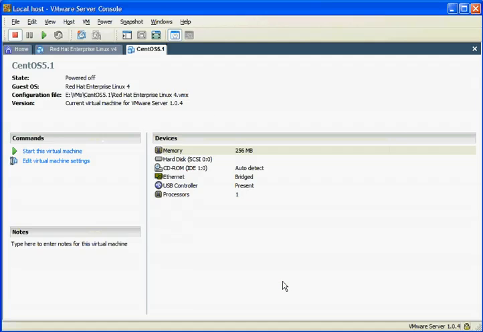Okay, and that's it. When we were creating this virtual machine image, we could have used a custom setup and chosen what we wanted in it, but usually if you just pick a typical machine and then edit it, I find that's just as quick to do. So that's about it. We now have a virtual machine image installed, ready to install an operating system onto. In this case it'll be